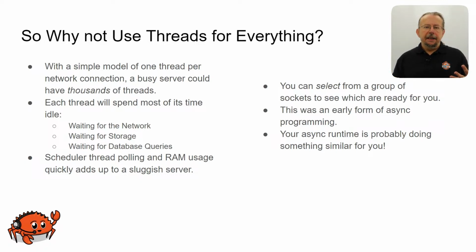The scheduler itself spends an awful lot of time pulling through threads, saying, is this going to do what I need? Is it ready for me? Oh yes, you are ready. Do something. No, you're not ready. Next guy, you ready? Nope, move on. So you waste a lot of time by having multiple threads, unless you've got the workload to justify those threads keeping them busy. Now your async runtime is actually going to be doing something similar, marshalling threads for you, but